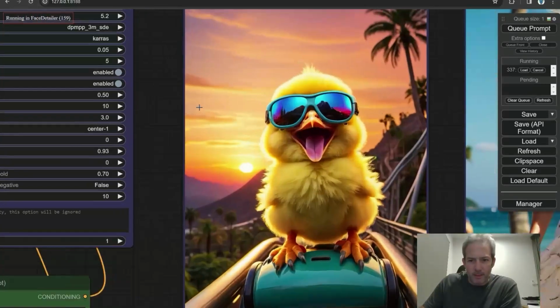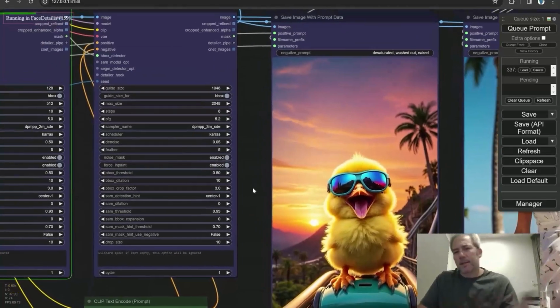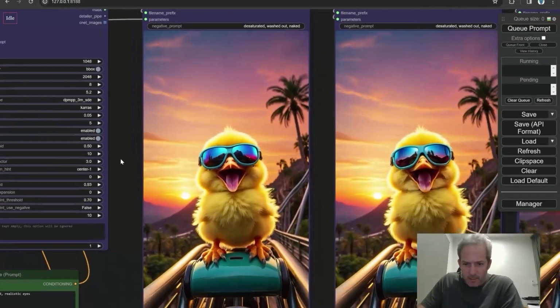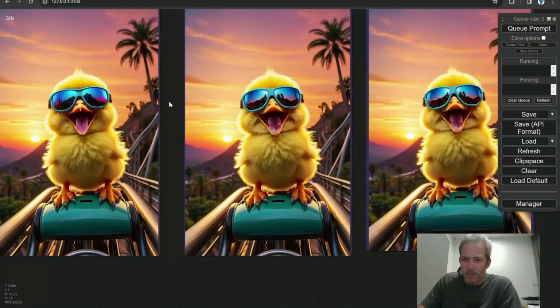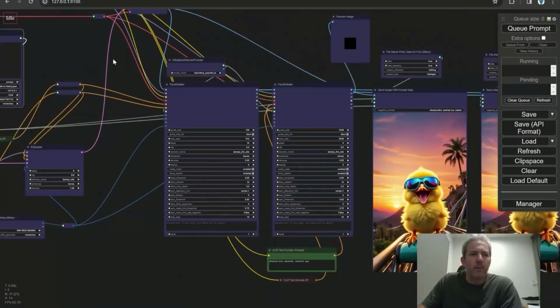Yeah. Right. Oh, I like this one. And then the face detailer will go on. We don't need to bother with that at the moment. But this might be my new mobile phone screensaver. That's a really cool one. Okay, so in conclusion,